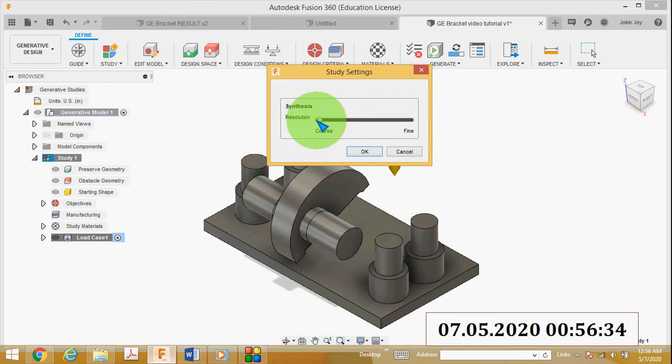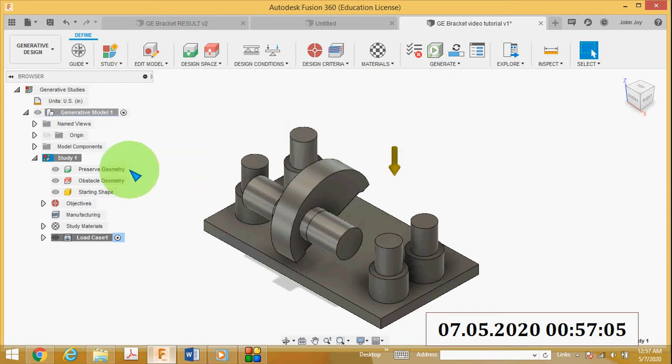If you select coarse, the computation time will be less, but your result will not be up to the level. You can place it in the normal position, in between coarse and fine. This will be accurate and good. But in this problem I will change this to here to save computation time. Then click OK.